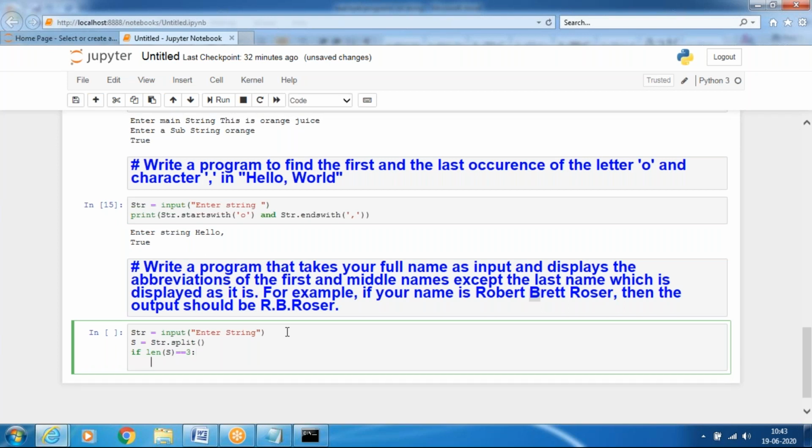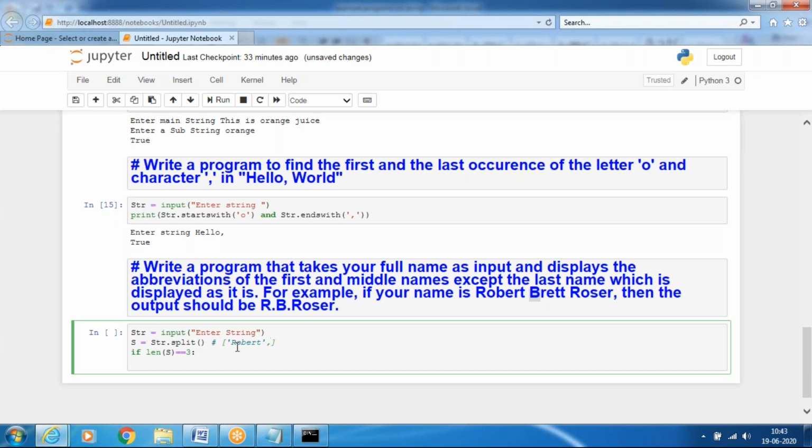If it is 3 only, then it will be split as the first name, for suppose Robert. So the first word is Robert,